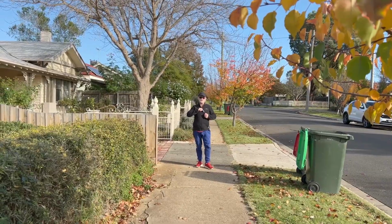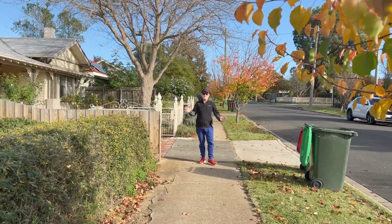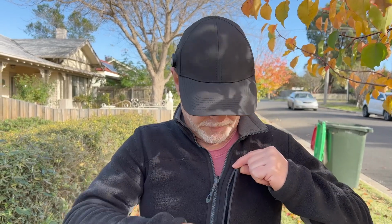But what I can do is I can take this off, stick it into this pocket that I have here, and then it won't make any wind noise at all. And I'll come forward and I'll show you that. That's one of the beauties of this top. If I stick it